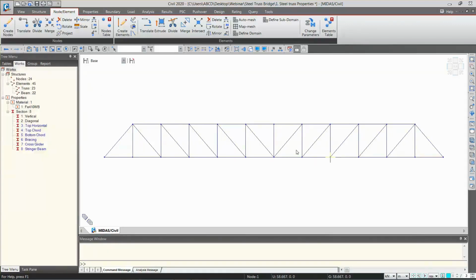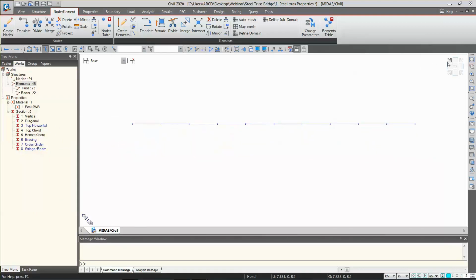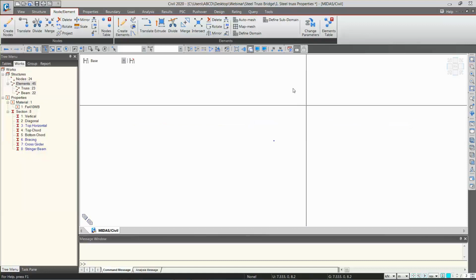Now first let's assign the respective sections to the respective elements, so it would be easier for us to deal with them. The top one is the top chord, drag and drop, or the second method is right click and assign. Bottom elements would be bottom chord, so I will right click here and assign. Now if you want to see one section, you can just activate it, go to the side view and go to the hidden option.